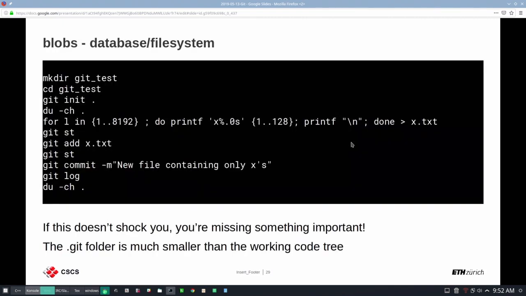I find that really rather shocking, the way it actually handles this internally, how it manages. It's a database. It's a file system in its own capacity, a database file system inside your file system. And so the Git folder tends to be much smaller than the working tree when you're working with